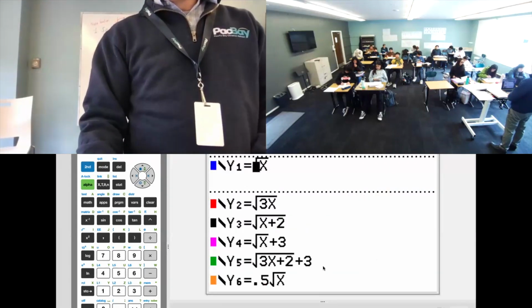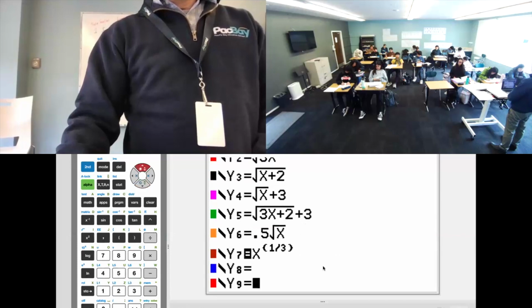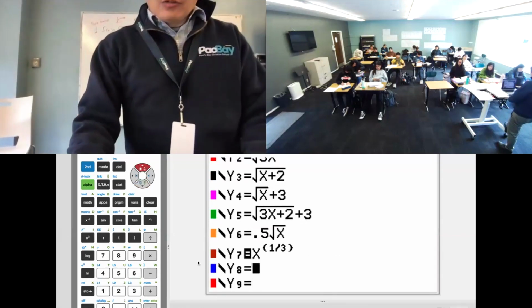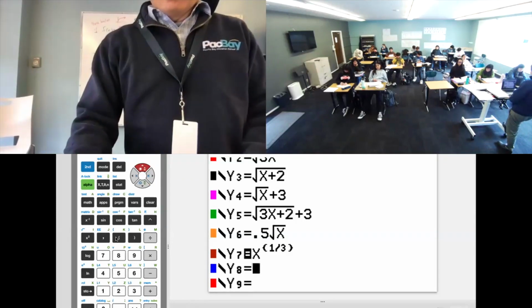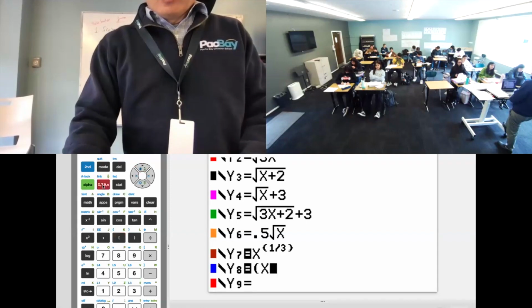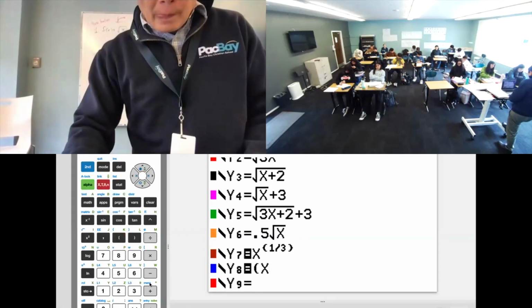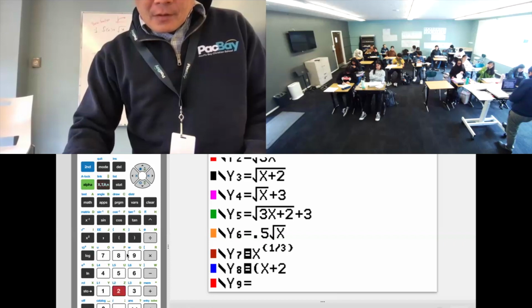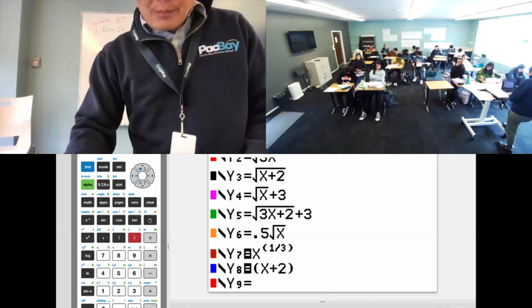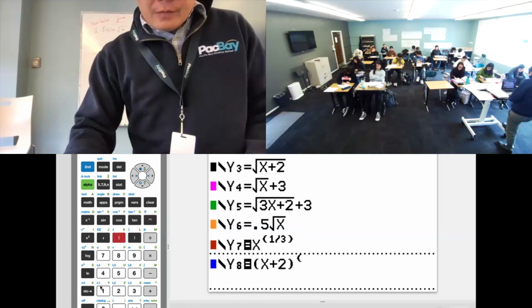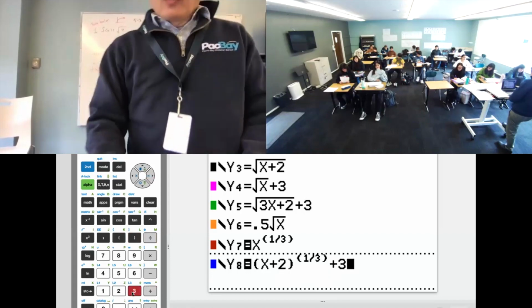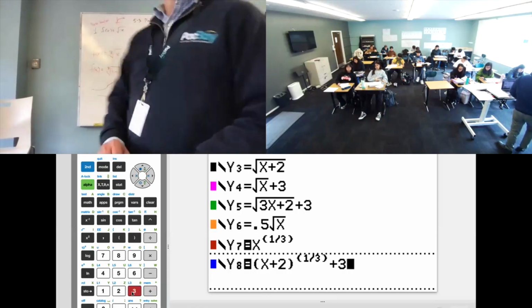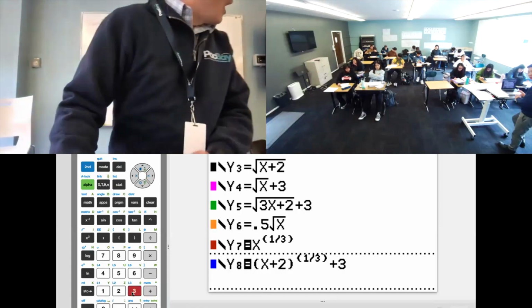I'll give it a try and see if that's the case. I'll go to my phone. I have to be careful typing in this equation, because it will look different. It will be x plus 2, in parentheses, to the power of 1/3, and then the whole thing plus 3. Okay, plus 3. And then if I graph this,